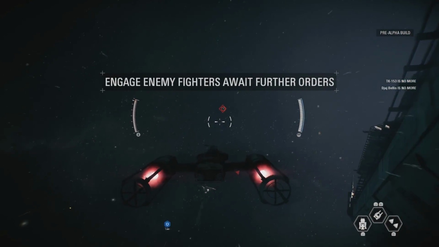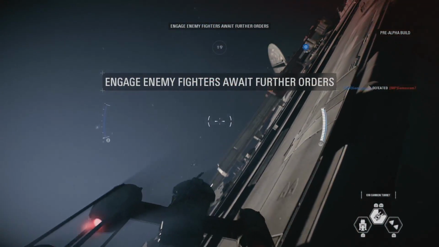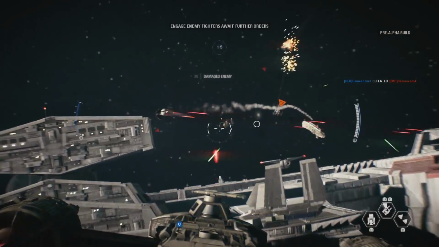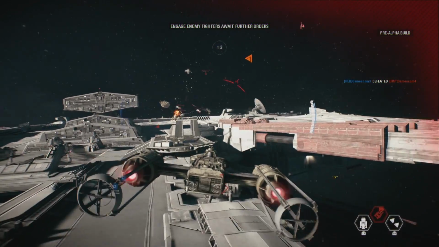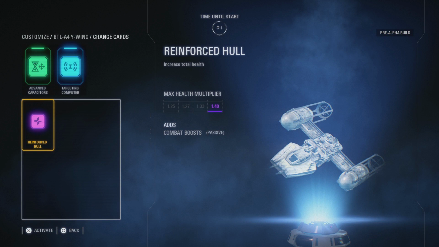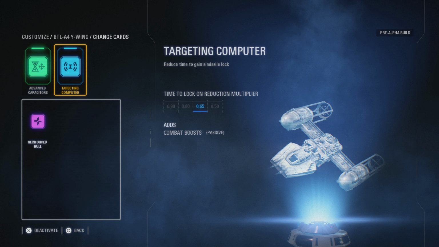And this has dual Proton Torpedo, so you can deal double the damage, and it's very high damage as well, and these can be locked onto anything really, objectives or enemy starfighters or turrets. Star cards wise, it has Reinforced Hull, which means it has an increased total health. Also has Advanced Capacitors, just like the A-Wing, and it has Targeting Computer, which reduces the time to gain a